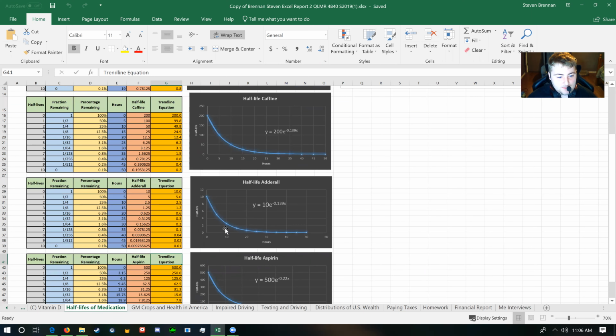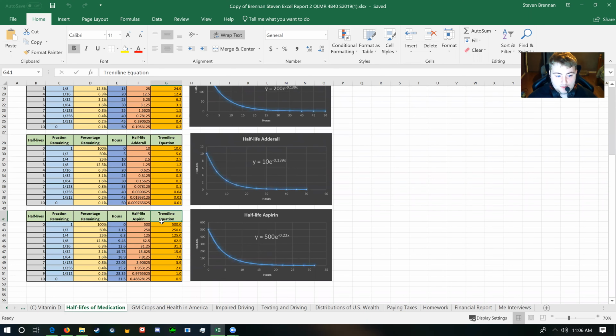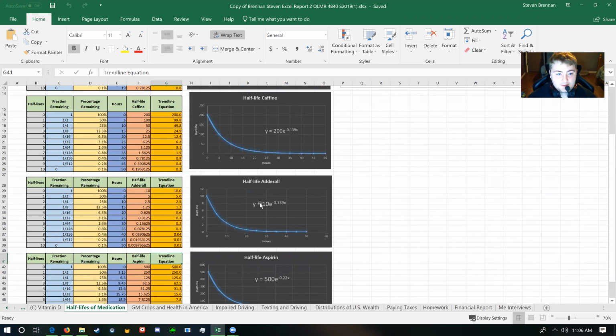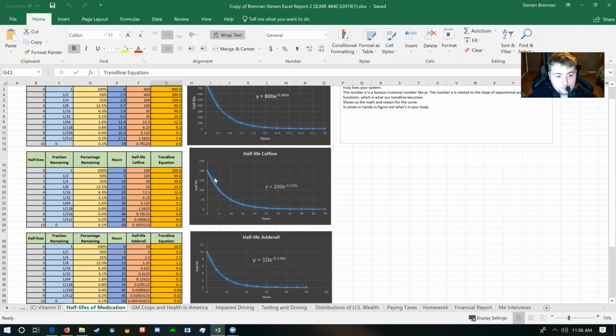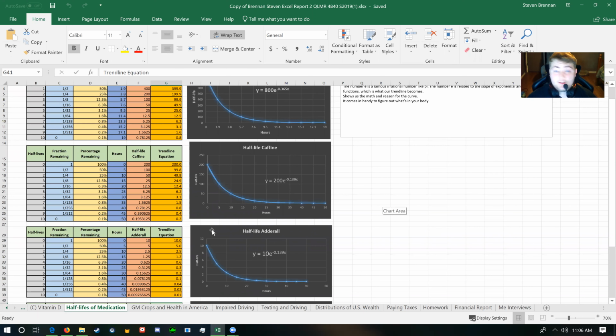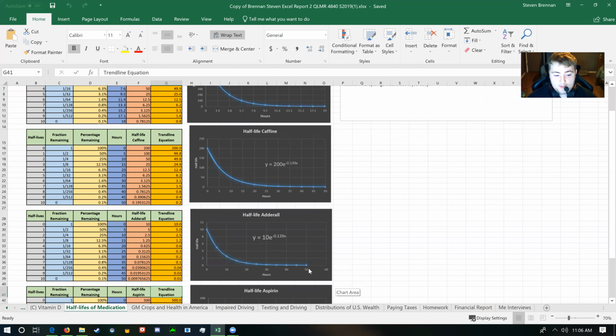But as we can see with all the half-lives, they're all pretty much the same when the average. They just go down and then flatten out, as you would imagine they would. You first consume it, and then it just progressively dilutes itself in your blood. And yeah, pretty much visually the graphs at a glance are all the same. The percentages going down and just